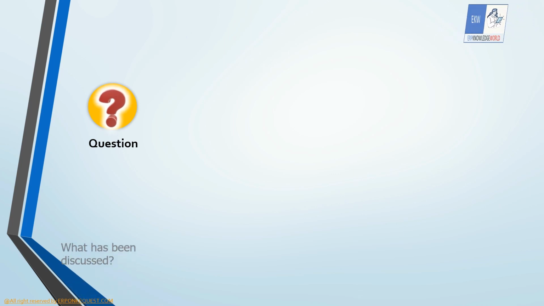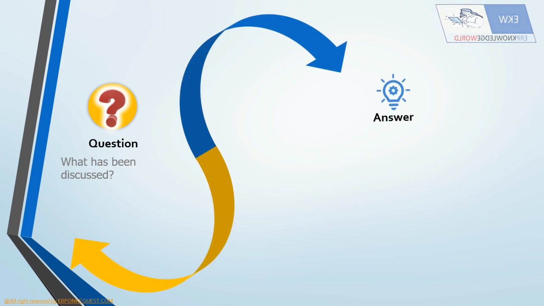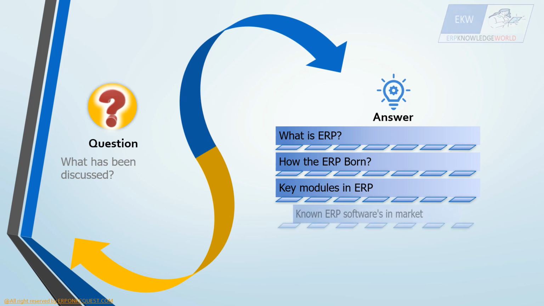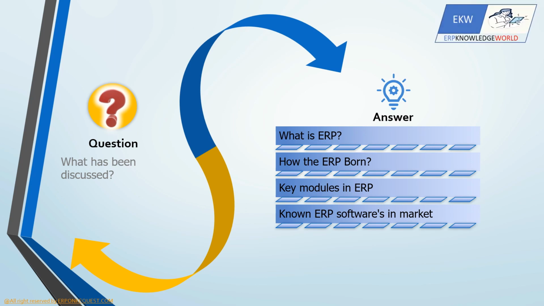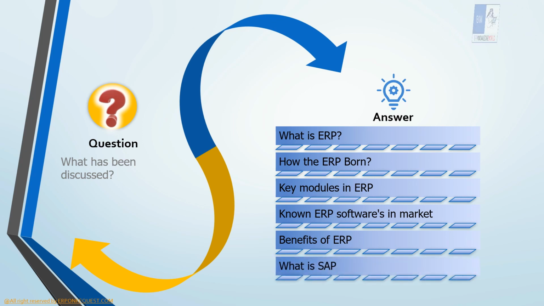The next topic is what we have discussed in the previous video. If you missed the previous video, you can go and see how ERP was born, what ERP is, what the key modules in ERP are, and the known ERP software available in the market, and the categorization of these ERP software. And then you can look at the benefits of ERP. And then we can see a simple introduction of SAP, because we are going for SAP HCM. That is why we are selecting SAP HCM. So you can get the simple introduction in the previous video. So let's start